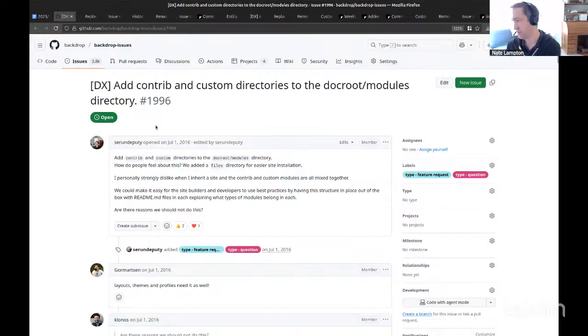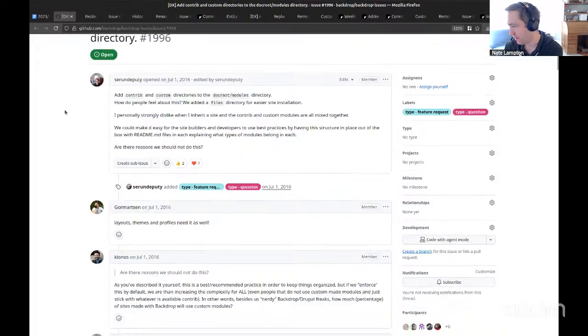Okay, this one I would like some feedback on. Another very old issue: add custom and contrib directories to the doc-root modules directory. So,